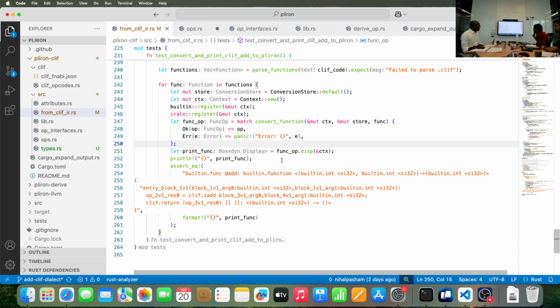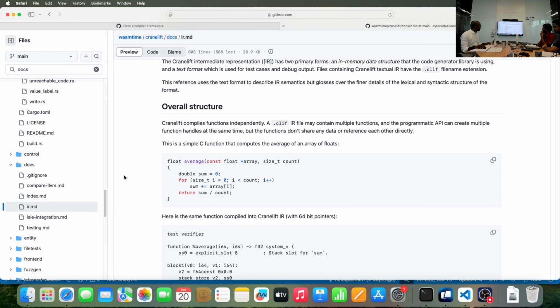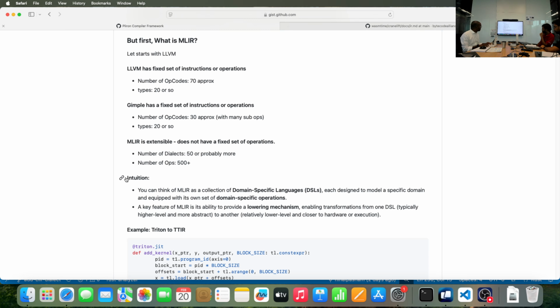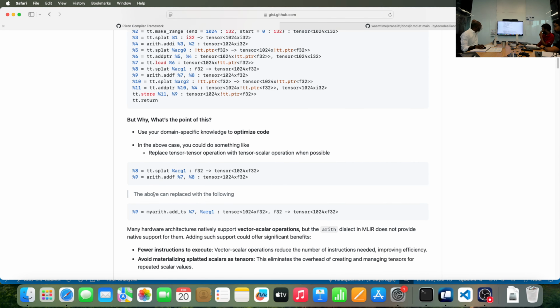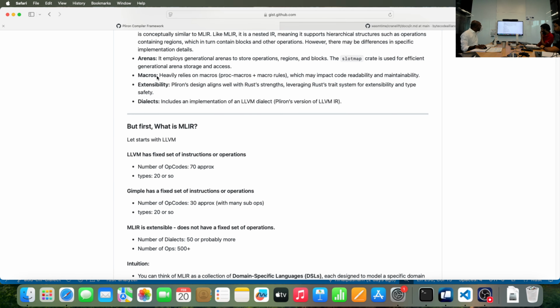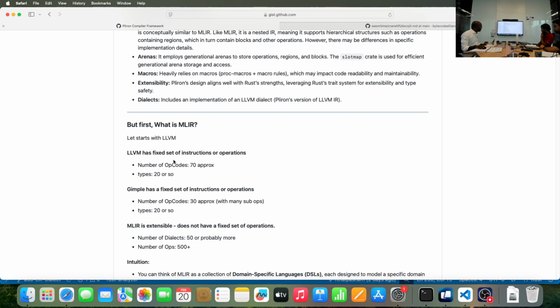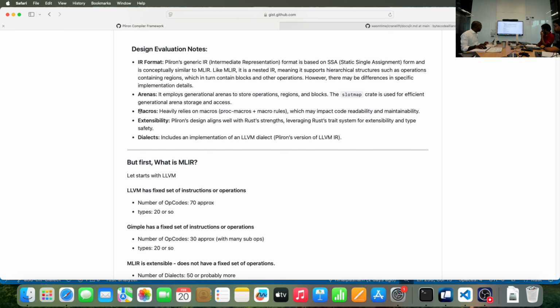Okay. So with this context, now let's move to the other part that I mentioned. If we come here, we wanted to see the second part. We saw the arenas part, we saw the basic IR format and stuff. We want to see more about the macros and the traits, the way these things work, because that's how a lot of the